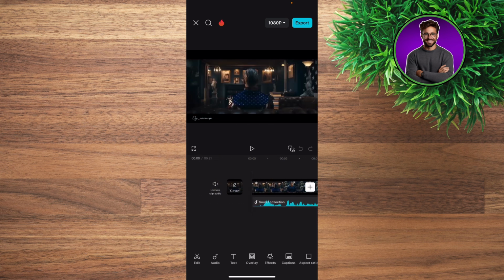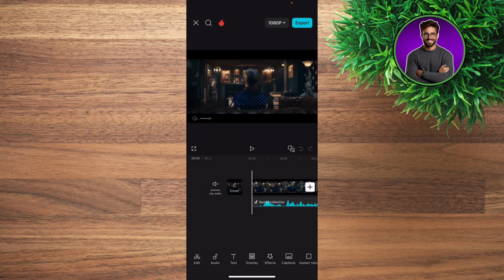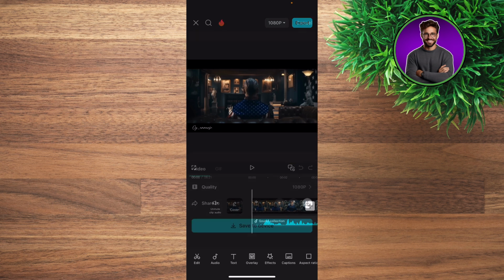First, before you click export at the top right, click the 1080p right here. You're going to be able to edit or modify the HD. If you want it to be 2K, 4K, and the frame rate and the code rate, right? And then, after you finish setting the quality, click export at the top